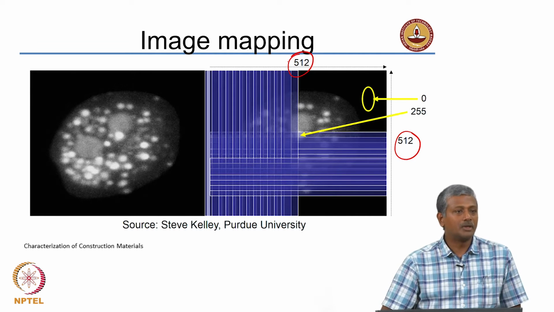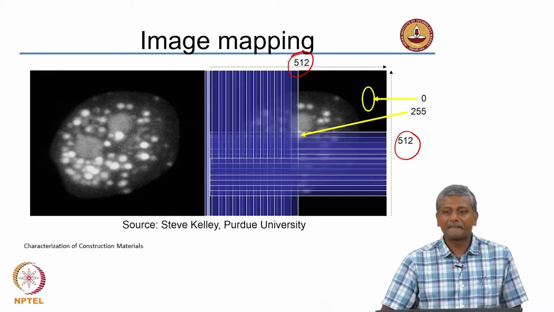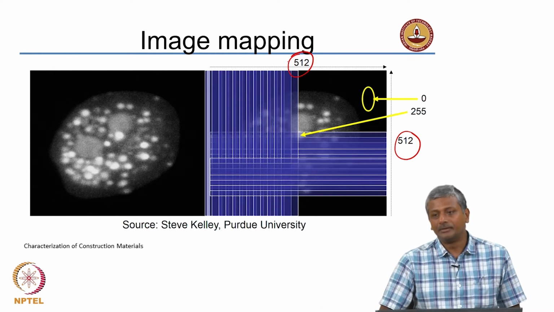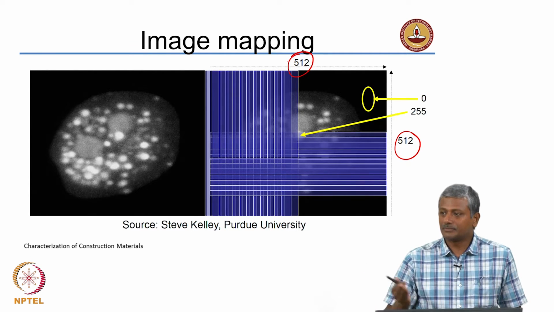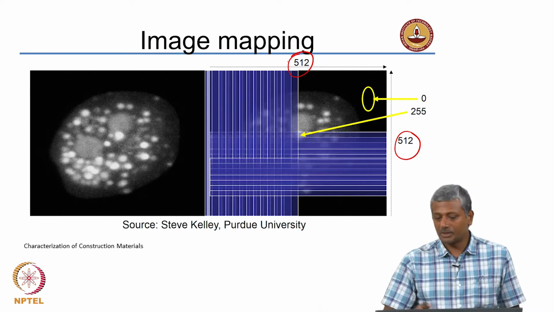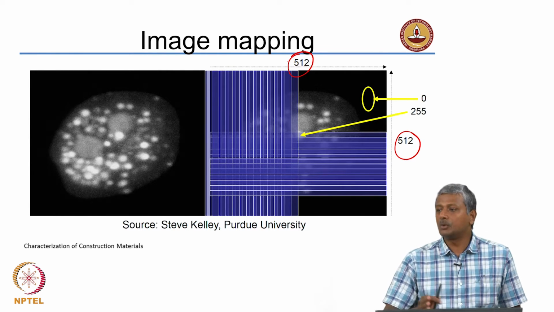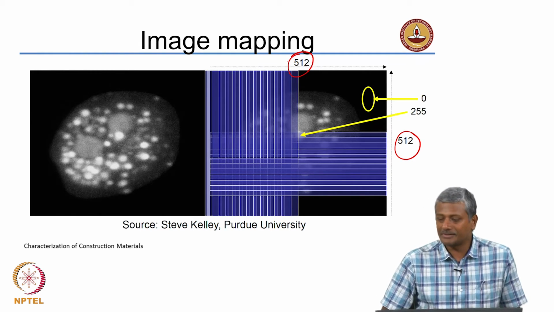512 into 512, which is about 250,000 something. So, it is not really a megapixel, but 250k pixels or 0.25 mega or million pixels. So, 1000 is kilo, 1 million is mega and 1 billion is giga. So, here it is 500 by 500, so 250,000, so 250k pixels, so 0.25 megapixels. So, this is a very low resolution in the system, right.